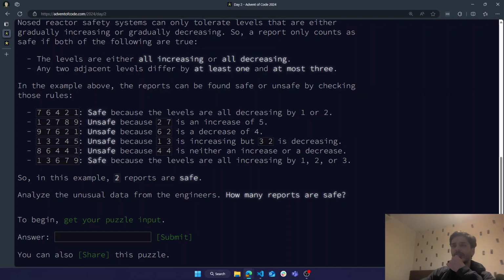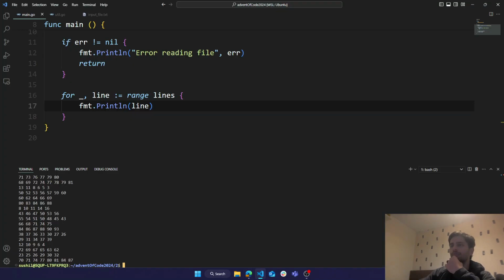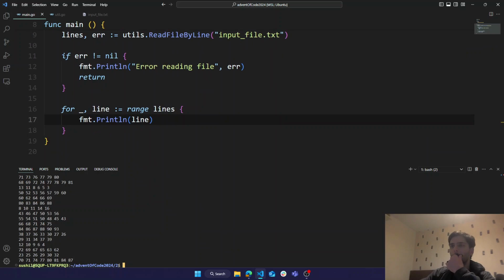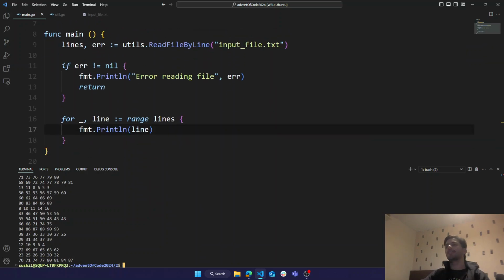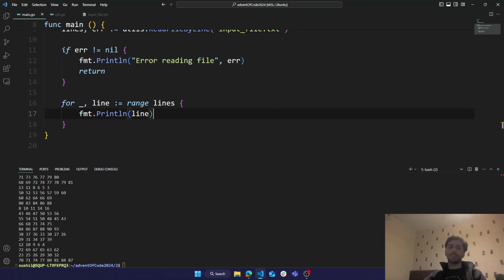So 7 to 6, 6 to 4, 2 to 1. Okay. So we have the line, so we need to figure out if for that line the values are increasing or decreasing, right? And what we will say